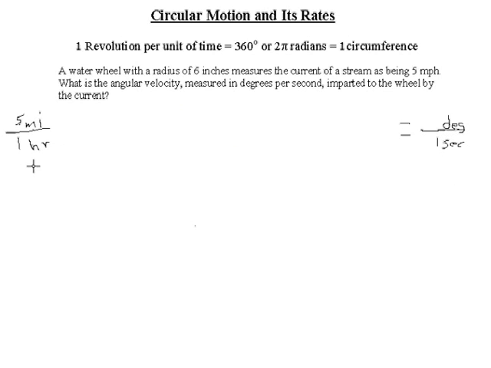Linear velocity is a linear measurement per unit of time. We want an angular velocity, so it's got to be a rotational measure, either degrees or radians per unit of